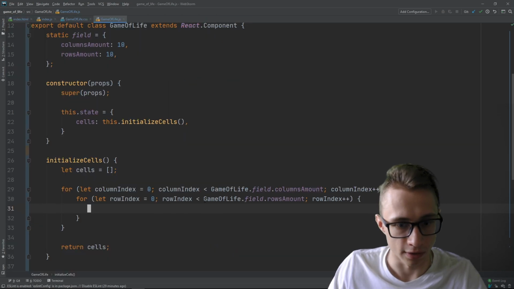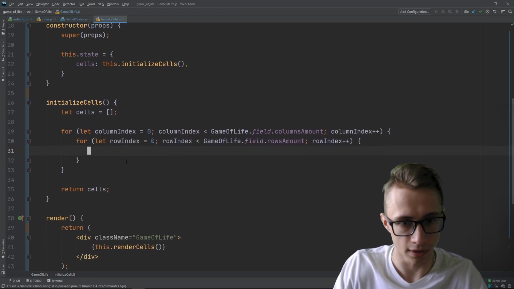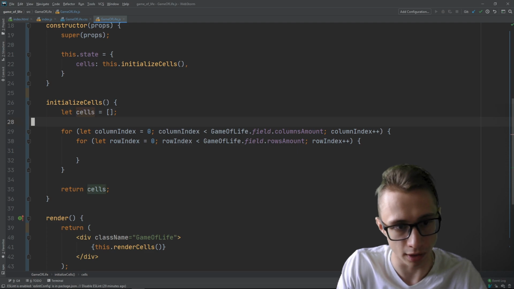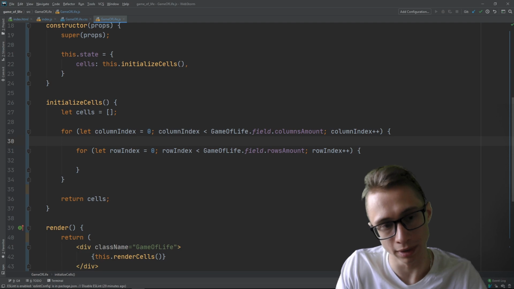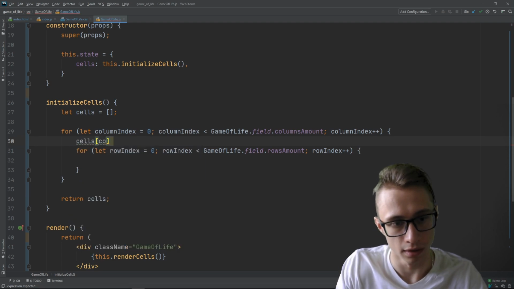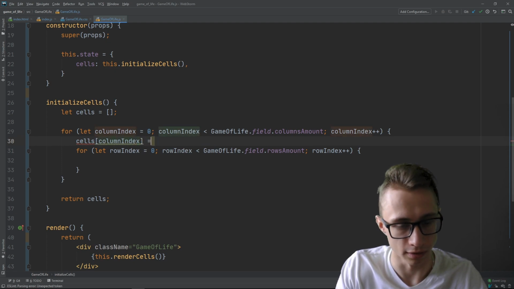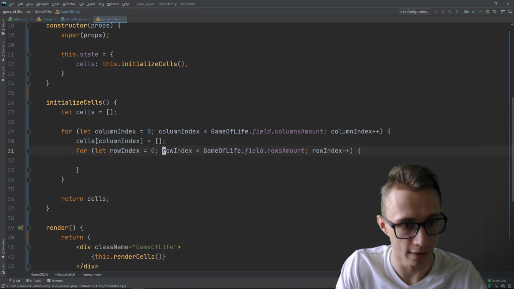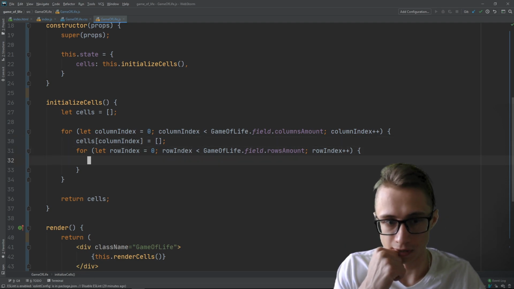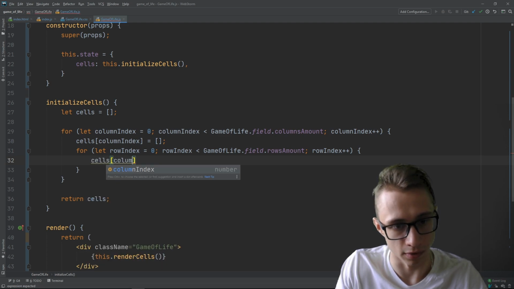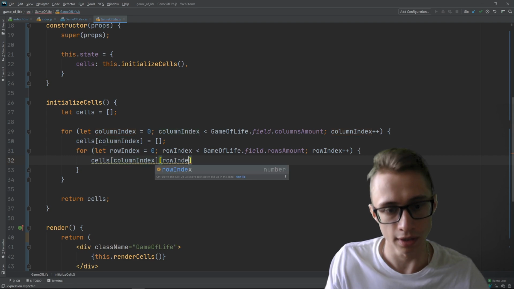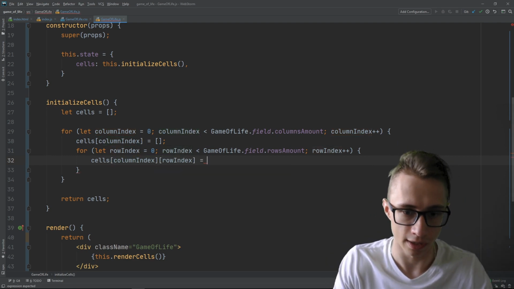Okay, cool. And there we should somehow populate it. Okay, let's go. When we enter a new column, we will assign cells column index just an empty array, okay? And then for each row, we should populate it. Let's go. Cells column index and row index, we'll say false,